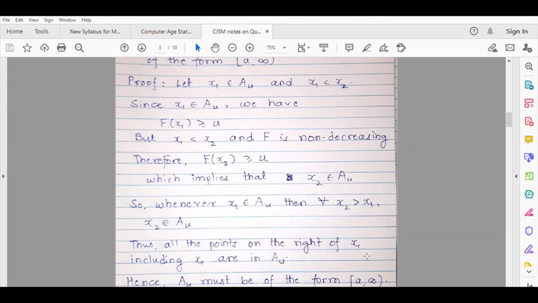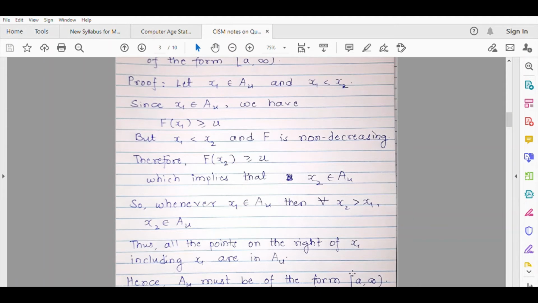Spend a couple of seconds here. Why do we have to have it as a closed interval? Why not have it as an open interval? You will realize that when we started this discussion, we assumed that the point is in AU. So this discussion is valid for all those points which are in the set AU. So the point is already there in the set AU, and so the interval will be a closed interval.